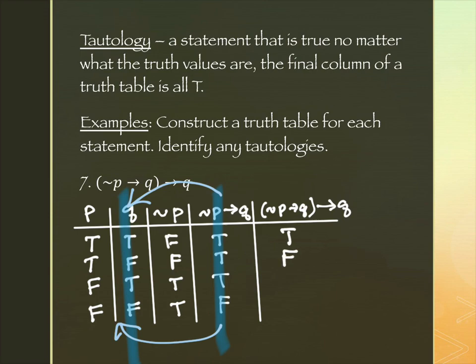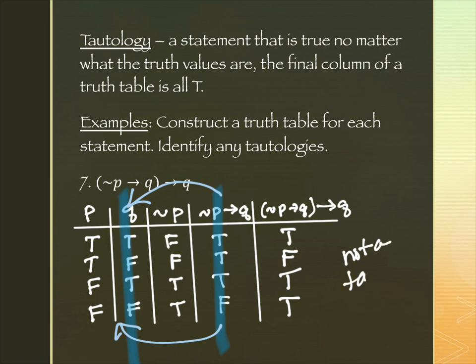Line 3 is true implies true. That's true. And line 4 is false implies false. That's true. Okay, started out false, it's automatically true. And what we're trying to do after we just create the truth table, which is part of the directions, is to decide, is it a tautology? Okay, and the answer is no. How come? I don't have all true statements in the final column. So this one is not